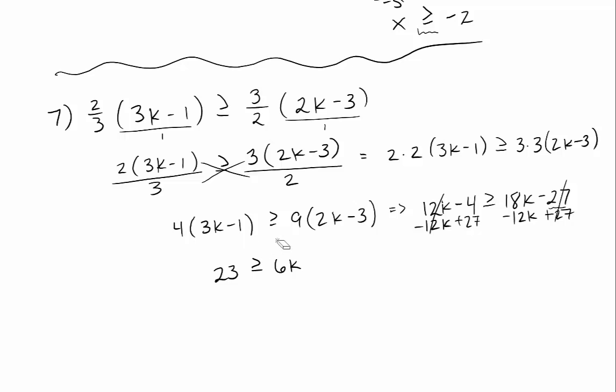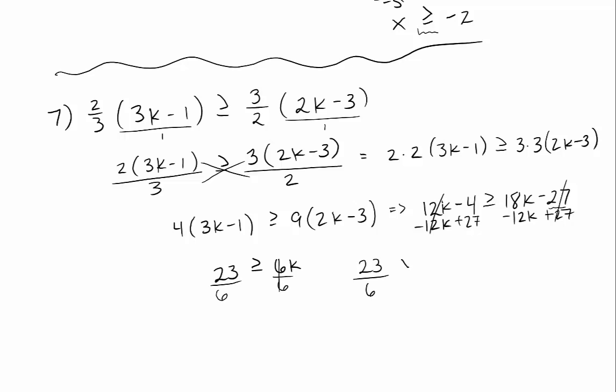All right. So what do I do now? Well, I still need to get k alone. That's the whole point of these. It says solve for the variable. So to get k alone, I'm going to divide by 6. 6 divided by 6 is 1. Divided by 6. And I get 23 over 6. Oh, there we go. 23 over 6